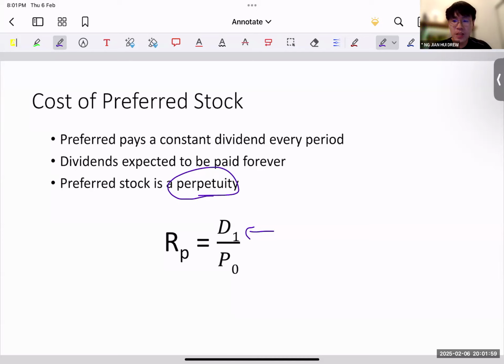Because generally preferred stocks are more like a combination of debt and equity in a sense. Usually preferred stocks do not get voting rights, right? They don't have voting rights, so they are not really ordinary equity. But at the same time, you get constant dividends, and constant dividends is almost like interest payment, right? So it might tend to look more like a debt instrument because you're getting interest in the form of dividends. At the same time, you have no rights to the company in terms of voting, so you might see it as more like a debt instrument.